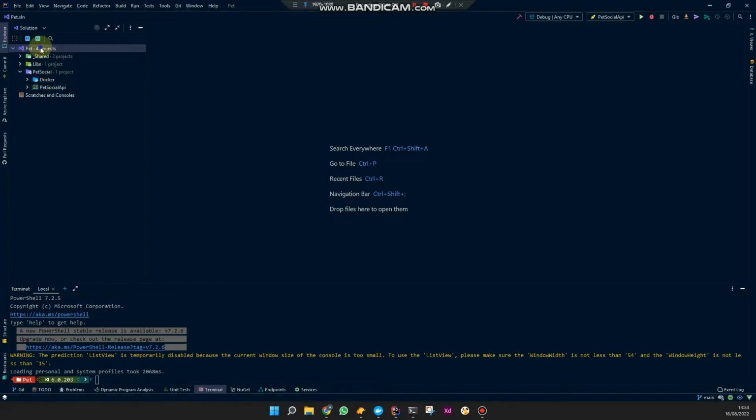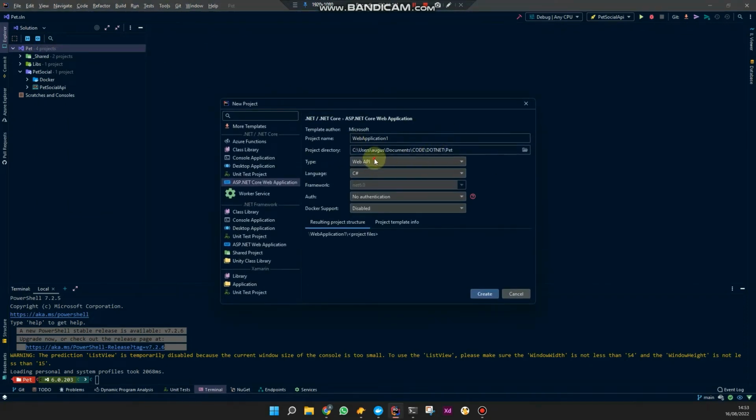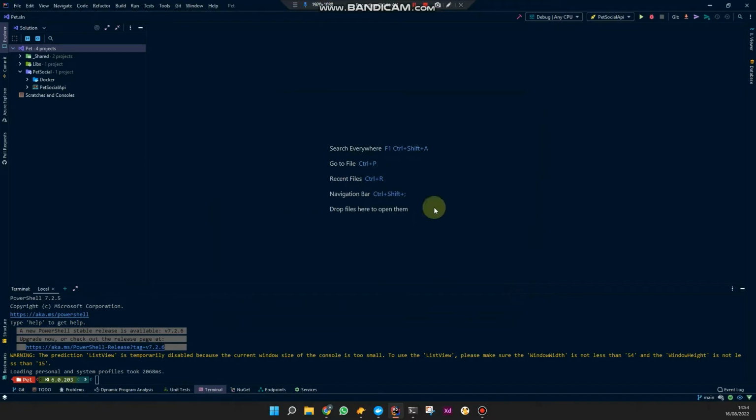And then you create your first project. New project. I already created it, but you make sure you have a web API, because the web app is a Razor Pages one. The web app MVC is, like it says, MVC. That's not what we want. We want a web API without authentication, because we're going to use JSON web token authentication later on. Then you click create, give it a name, of course. I already did that. This is the Pet Social API,